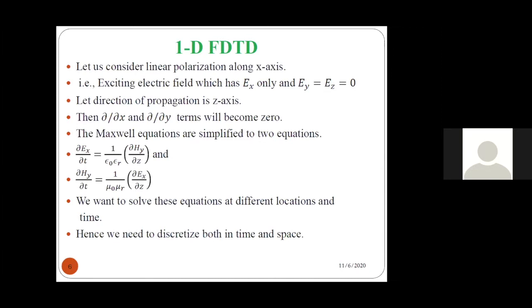So now these equations we have to discretize with respect to both time as well as space. So one is the E field variation with respect to time, and the other is the magnetic field variation with respect to time. So these are depending on the distance as well. So you can look at these two solutions of Maxwell's equations. One is dou by dou z of Hy, and the other term is related to dou by dou z of Ex. So this z is a distance parameter. So that means we can clearly say that whatever solutions we are expecting from Maxwell's equations, those solutions are depending on time as well as space.